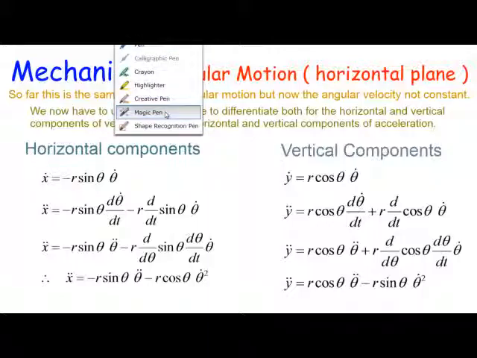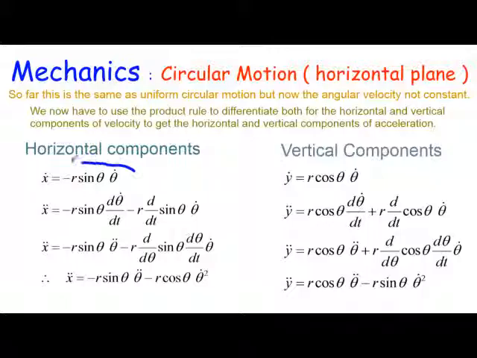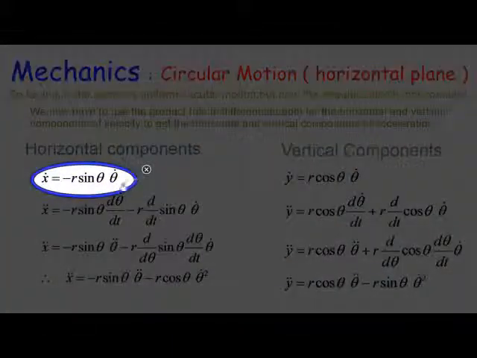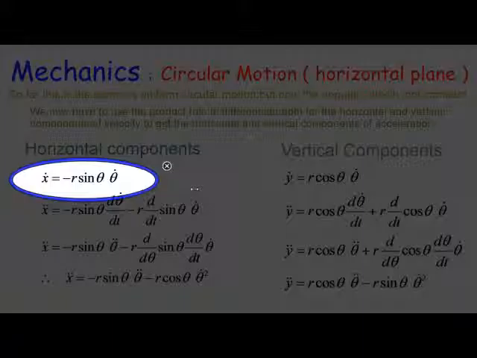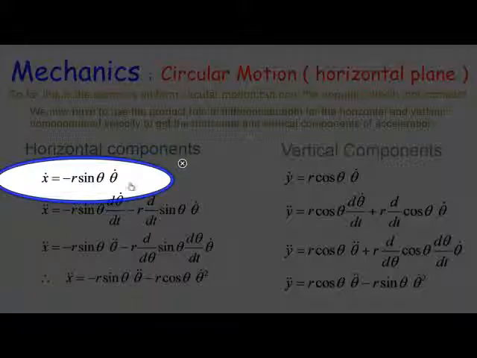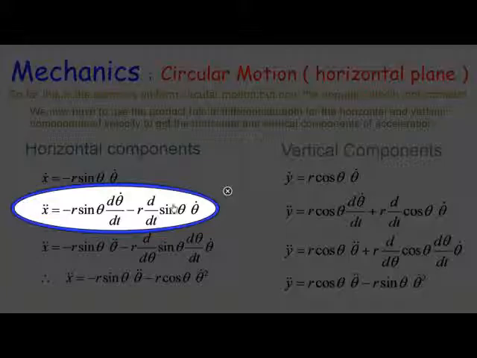But the only thing, obviously, is that theta dot now is not constant, so it's going to have its own derivative, theta double dot. And that's going to basically mean that we're going to have to use the product rule, because we have theta and theta dot changing, if you like. As you probably know, the product rule is the first by the derivative of the second plus the second by the derivative of the first. So it's a fairly easy rule, but we just need to make sure we use it correctly here